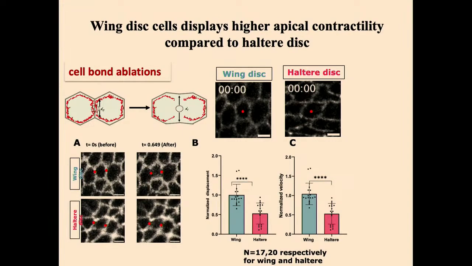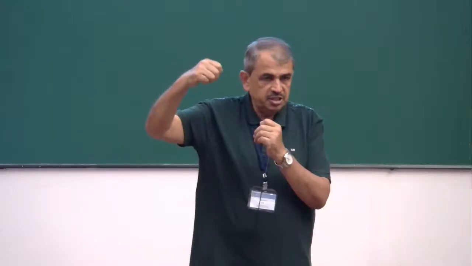Now, this constriction is basically like stretching the membrane. If the membrane is stretched because of actomyosin complex at the cortical end, you expect that the tension on the membrane is higher